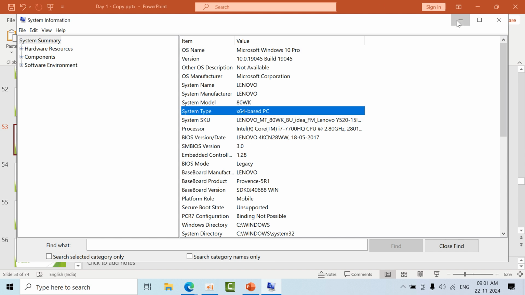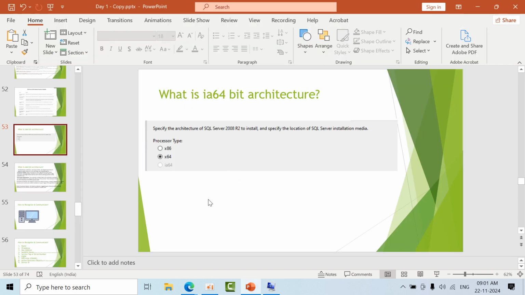Now, sir, a higher version can bear a lower version, but a lower version cannot bear higher versions. It means if you are using a 64-bit hardware processor, you can install either a 32-bit operating system or a 64-bit operating system. Nowadays it's almost gone. Nobody is using 32-bit operating systems. Everybody is currently using a 64-bit operating system. That's okay, I agree with you. Like 32 is okay, 64-bit okay.